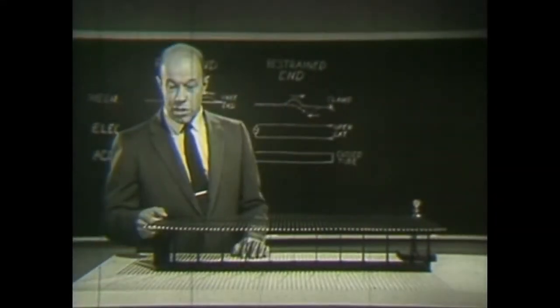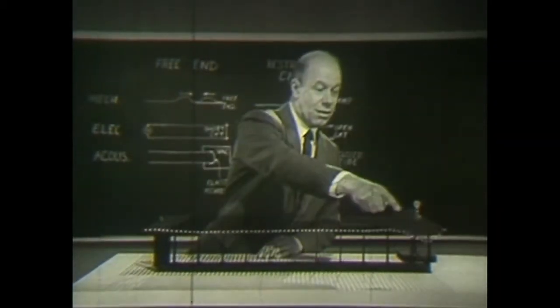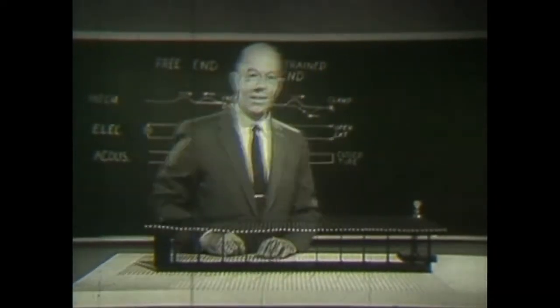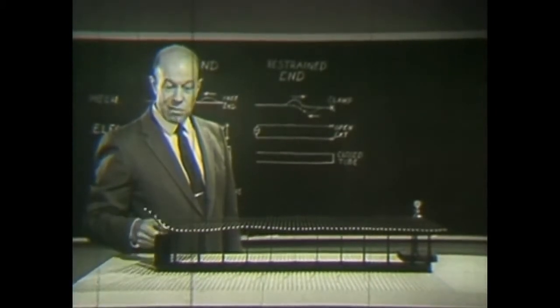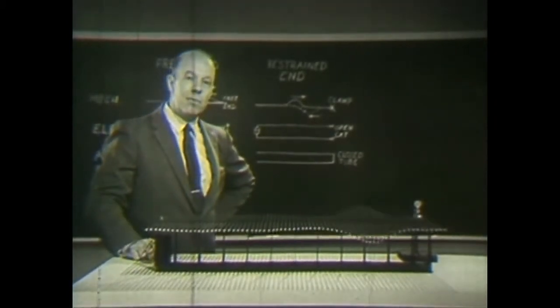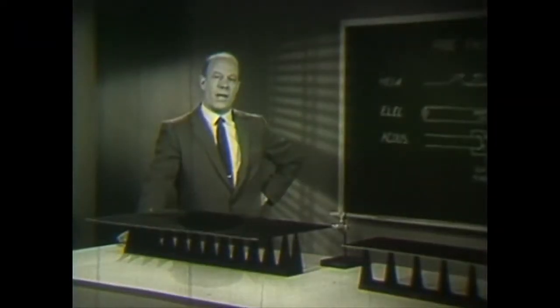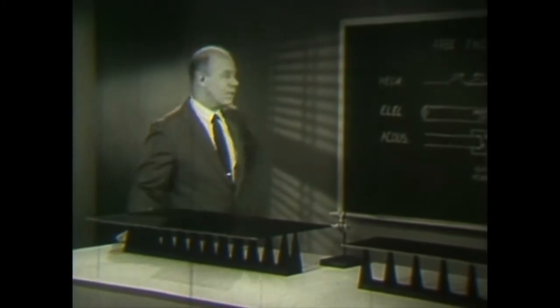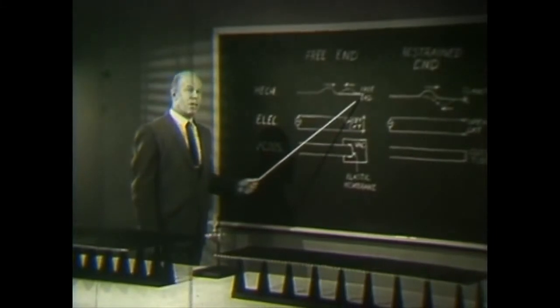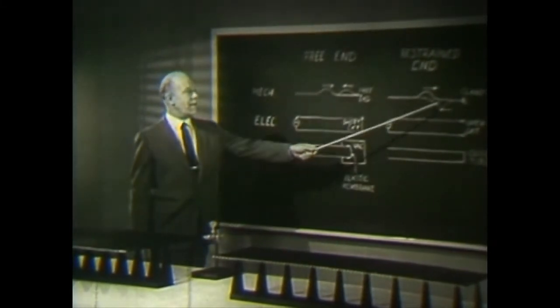I'll clamp this last cross arm to a heavy stand so that a wave arriving here can't produce any displacement of the cross arm. This time you see the wave is reflected upside down. The reflection is still total as it was before, but the wave is inverted upon reflection. In a mechanical wave system, then, there are two ways in which the total reflection of waves may take place. Right side up, if the reflecting end of the medium is completely free, and upside down if the reflecting end